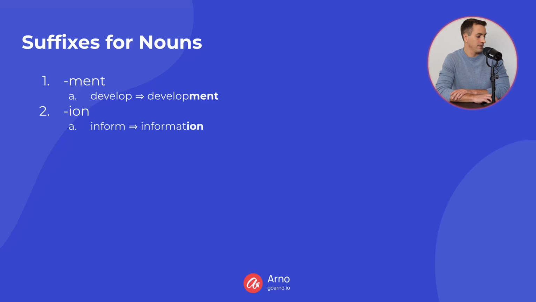I-O-N. This is how we go from inform to information, right? So again, all of the suffixes we're going to look at here, these are all to create nouns. So if you see a word that ends in M-E-N-T or I-O-N or the others, you know that it's a noun, right? N-C-E,